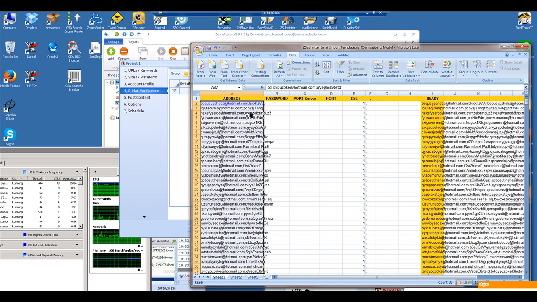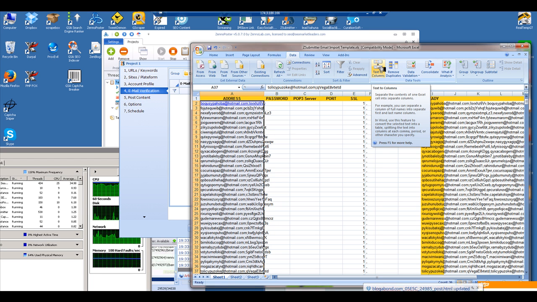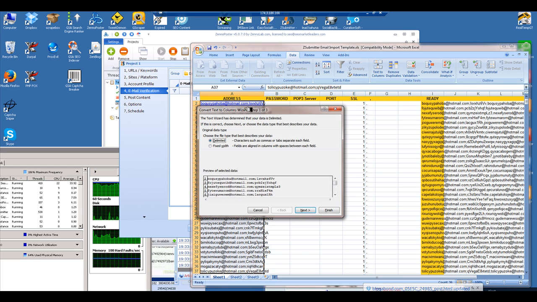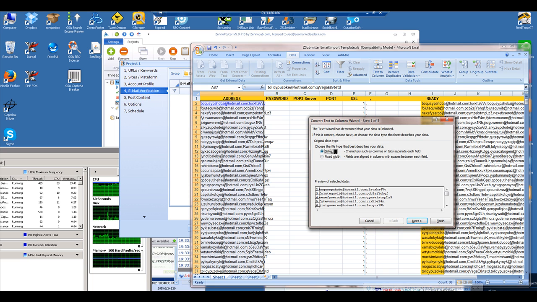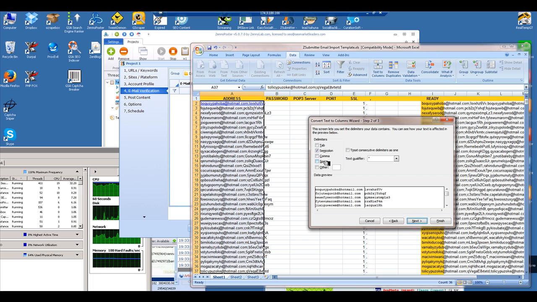The next thing I'm going to do is use text to columns, under the data menu. This will allow me to split my list into two different cells. From here I want to use delimited, so I'm going to find a particular character that's going to split my column into two. I want to use semicolon, and once I select semicolon, it shows me where I'm going to be splitting the columns into two. You could use anything, a comma, or a tab, or even a particular character. I guess I could have gone to other and typed my character in, but for the purpose of this,